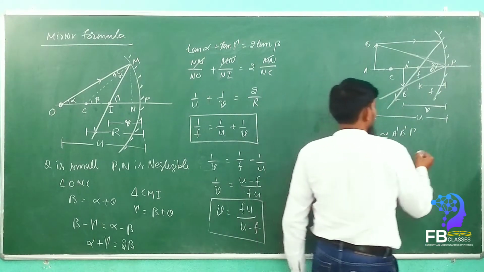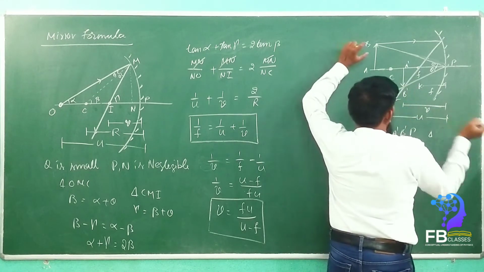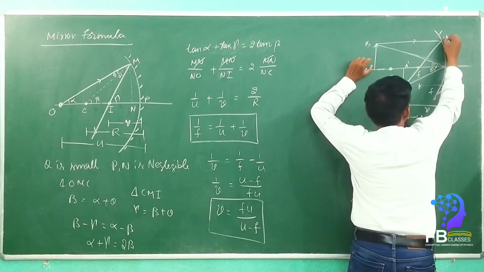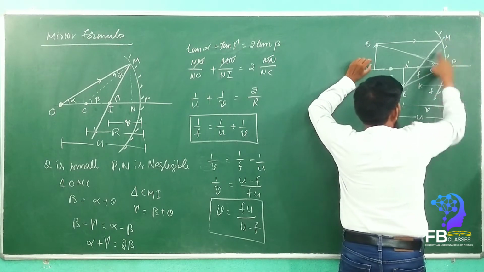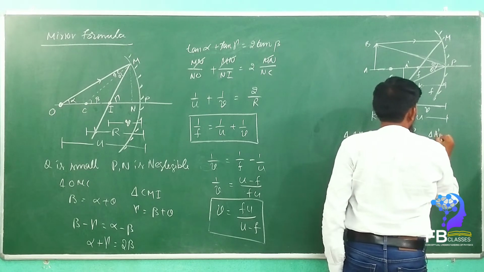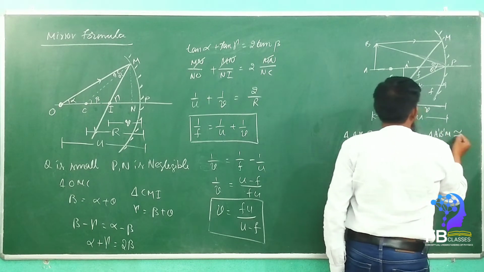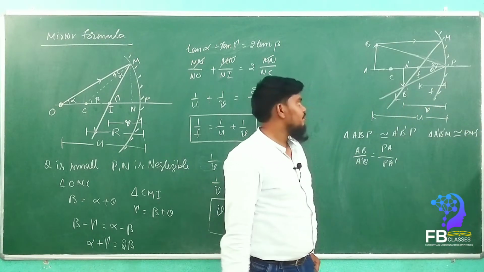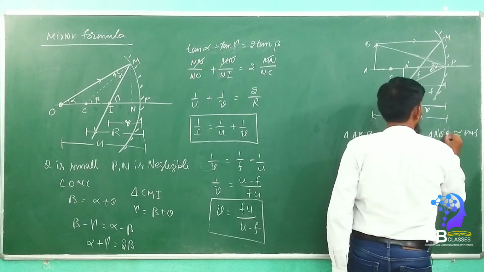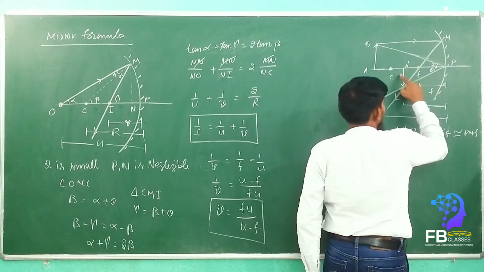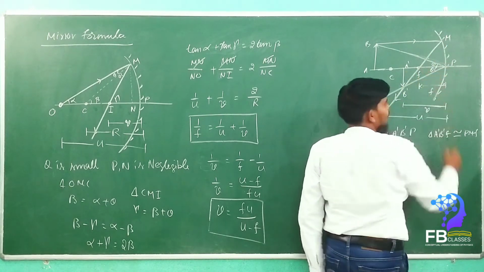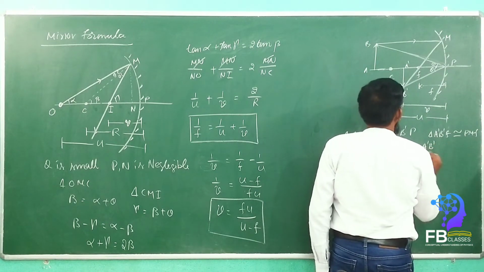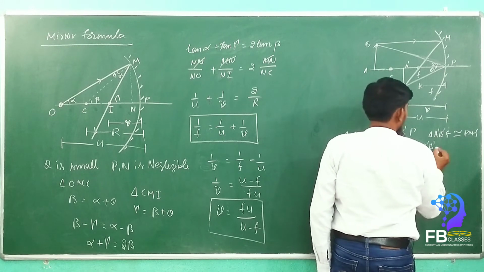In the same manner, another similar triangle. See here, this triangle, check it out. Triangle A dash B dash F, let this point be M, PMF. Yes or no? Triangle A dash B dash F is similar to triangle PMF. Yes or no? Yes, sir. This is also F, right? This triangle is similar to this triangle. Got it? So now again, A dash B dash upon MP.